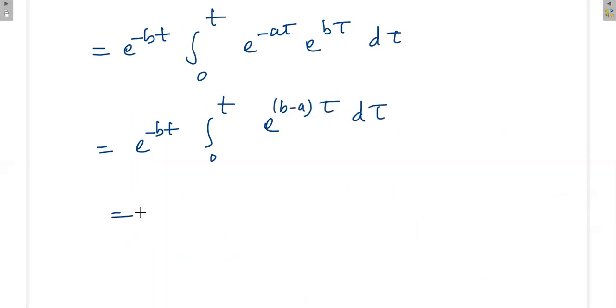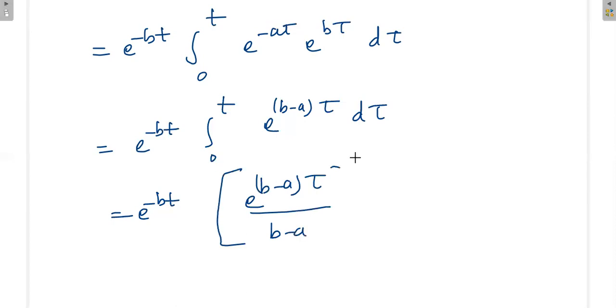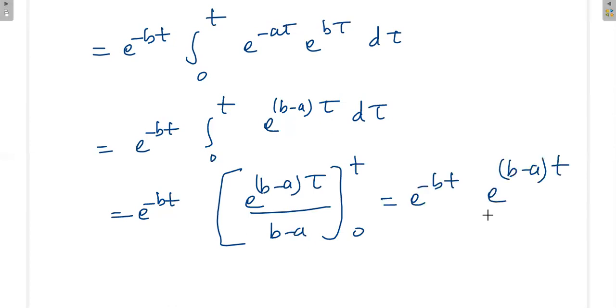And so if you apply the integration, e power minus bt, e power minus ba tau divided by b minus a, this is from 0 to t. So e power minus bt, e power b minus a into t divided by b minus a. So finally,